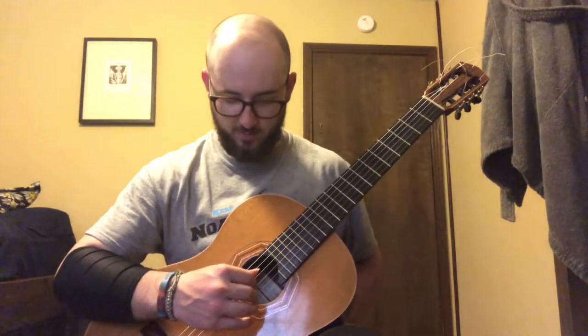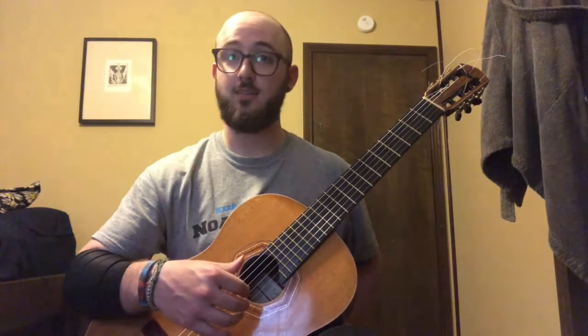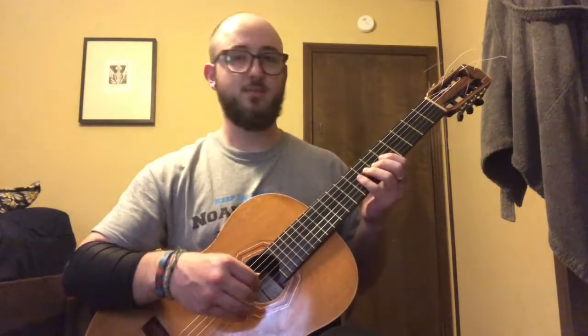So thus far we've been talking mainly about doing things in default position, where each finger in the right hand is playing just one string. Now when we're playing melodies on the classical guitar, it's not really advantageous to just let one finger handle one string, because sometimes we have notes that are on the same string. So if we did that,